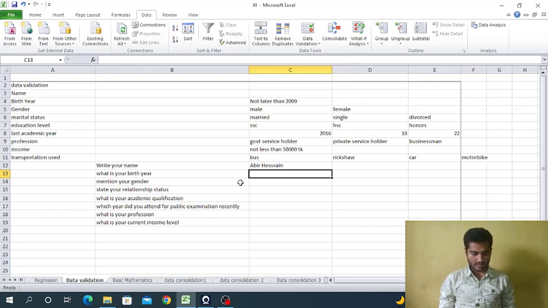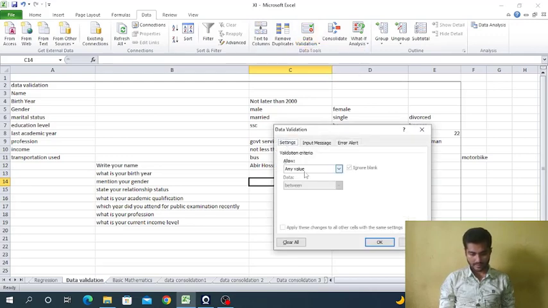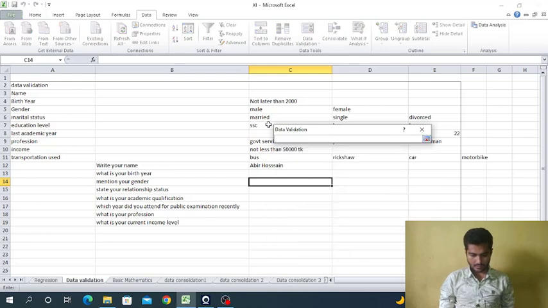Now, the next question is mention your gender. For this data validation we go to data validation settings. For gender we can select list, and source, male, female.